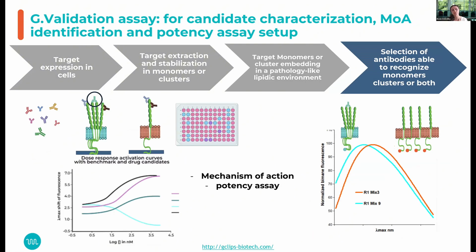And then we used those to identify antibodies that specifically recognized only the cluster form and not the monomeric form. And then using our G-validation assay, where we put the fluorophore at the C-terminus of the protein, we could see a difference when the protein was in a cluster or in a monomer, and we could choose one antibody where we had the chance to observe a disruption of this cluster. So this was really nice